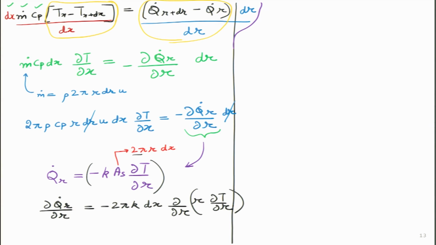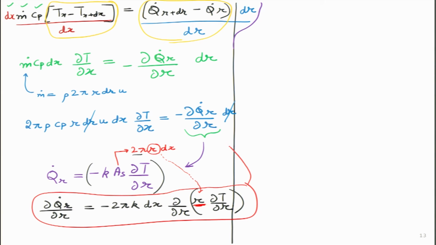This is what we will get. If students ask, sir, where did this extra r come from? Can somebody tell? I think it has come from here. So this r I cannot take outside the bracket, right? So this one I am putting over here. So let me put a red box over here, because this whole red box will go back over here. So we looked at this term, we started with purple line over here, solved this, then got back, then red box, and red line takes us back over there.